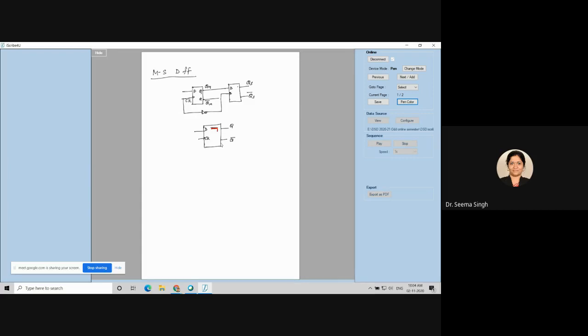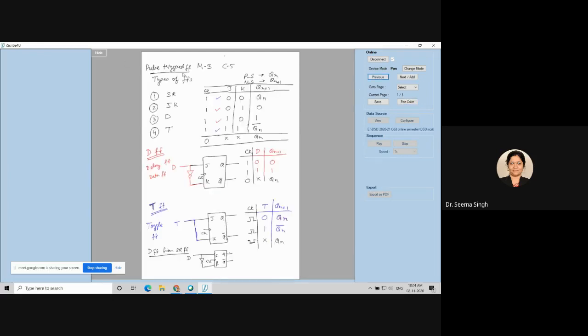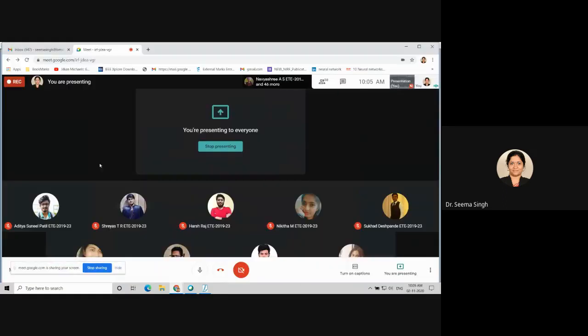The same way you will make it for T, exactly the same way, just in place of D, it will become a T flip flop. Two flip flops, one governed at the negative pulse, the other governed at the positive pulse. In the same fashion, you can get your master slave T flip flop also, right? So this is all about the different types of pulse triggered flip flops, which are made from JK flip flop and SR flip flop. Okay, next we will see the zeros and ones catching problem in JK flip flop.